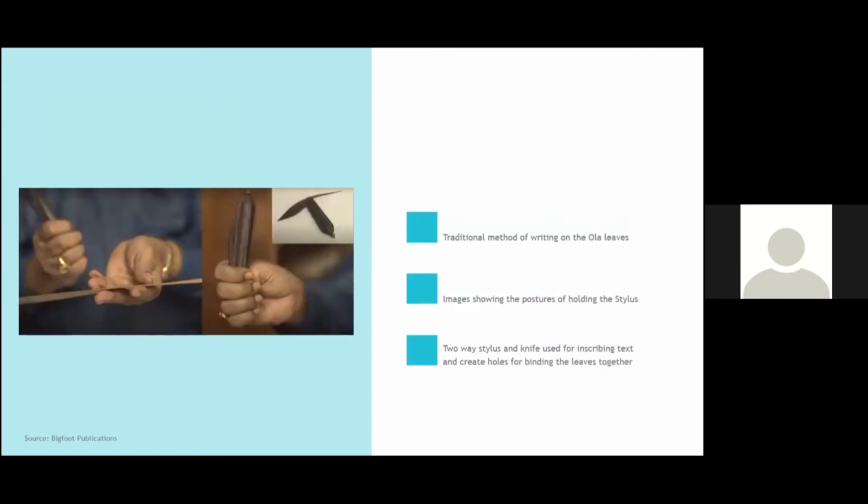Talking more about the other traditional materials used for writing in the past, here is an example of an Ola Leaf Manuscript. For this, tender Ola leaves were collected, dried in mild sunlight and further soaked in mud tanks for about a month. For drying, they had to be kept in shade and not in direct sunlight, which would cause shrinkage. The rough surface of the leaves was smoothened later using a pumice stone or something similar and then tied together.